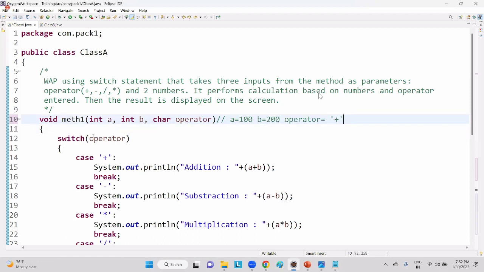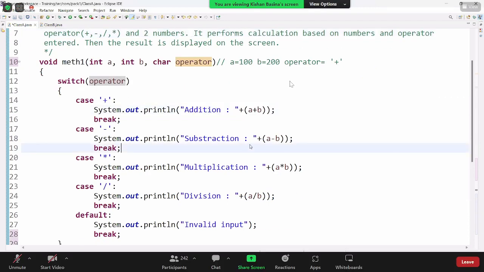Okay, so I'm using this operator as a key. You know that switch accepts int, byte, short, and char. I'm using char. Either I can use char data type, or else we can use string also. No problem. The question is, this should be the operator. Basing upon the data which is entered by the user, you are supposed to perform either addition, subtraction, or multiplication. So right now my output will be,